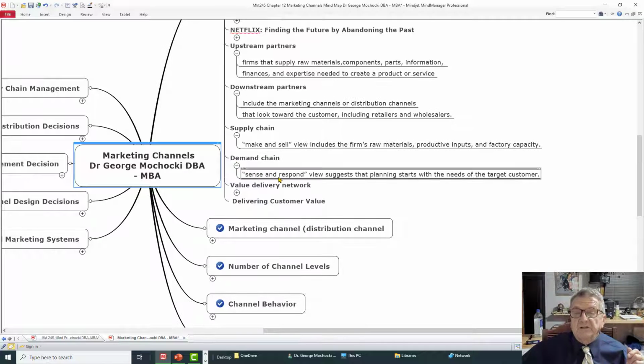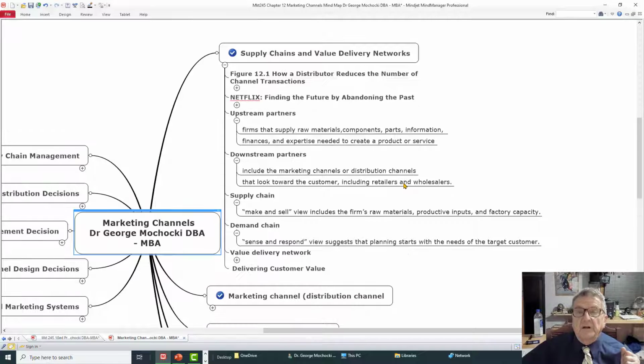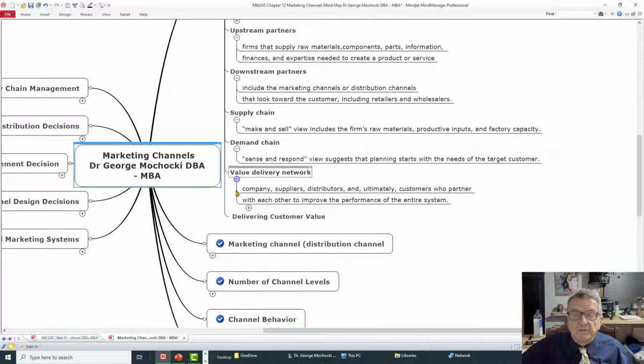Demand chain senses and responds to new suggestions, and planning starts for new target customers. There's a demand in a different area that we might not have anticipated. How do I set that up and supply a distribution to get my products and services to market in a new geographic area? Okay, value delivery network: the company, suppliers, and ultimately customers who partner with each other to improve the performance